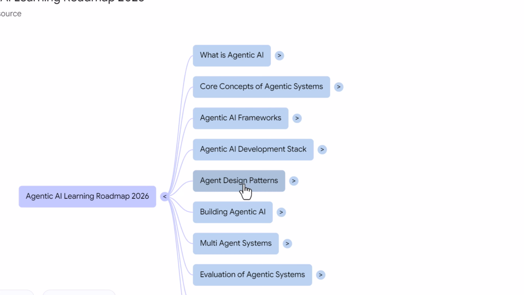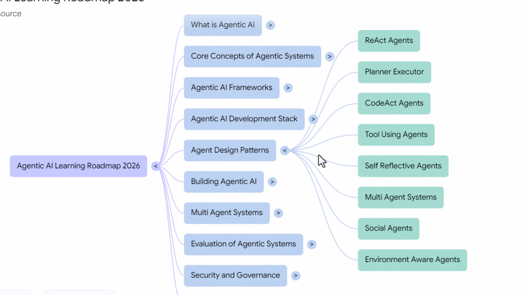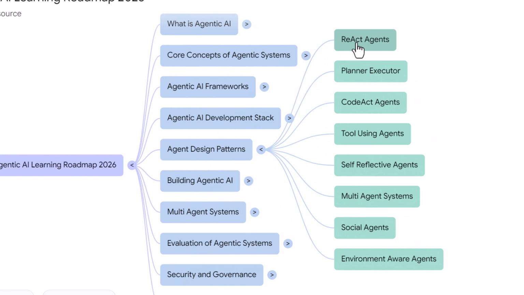Now let's cover agent design patterns. ReAct agents combine reasoning and tool use as a loop. Planner-executor agents split responsibilities, so one agent creates the plan and another executes it. Code-act agents write and run code to solve tasks. Tool-using agents rely heavily on external tools to complete tasks. Self-reflective agents pause to evaluate their own